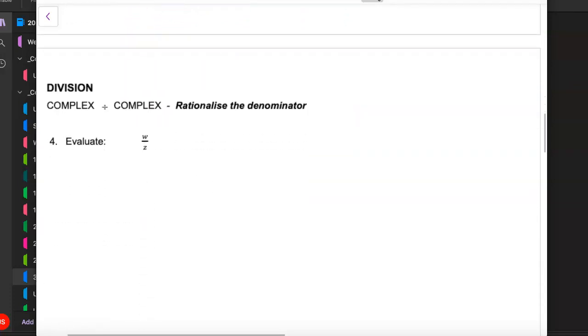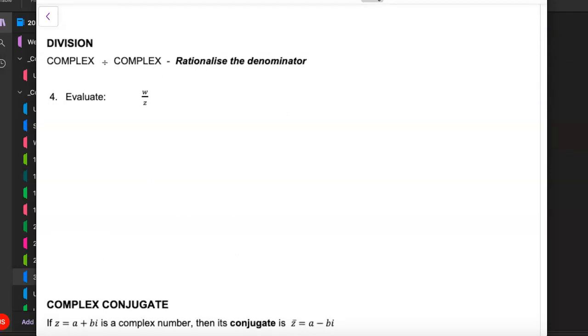Let's have a look at division. When we've got a complex number divided by a real number, then that's quite simple. It's like multiplying by a scalar of a half or a third, for example. But a complex number divided by a complex number means we've got a situation such as w divided by z, 4 subtract 3i over -2 subtract 5i. This requires us to rationalize the denominator. So we're going to multiply by -2 plus 5i over -2 plus 5i. In fact, we're going to multiply by the fraction value of 1, which involves the conjugates,